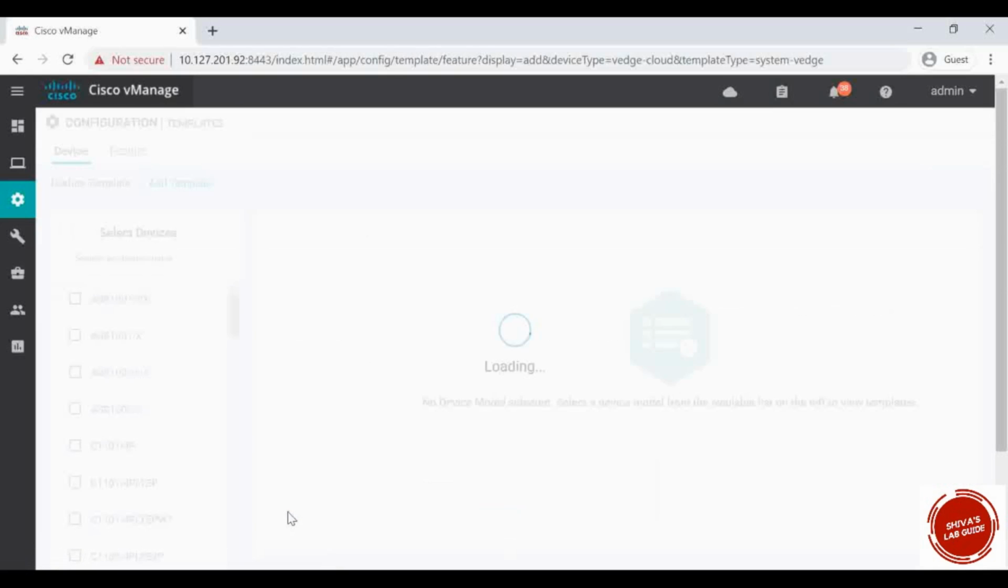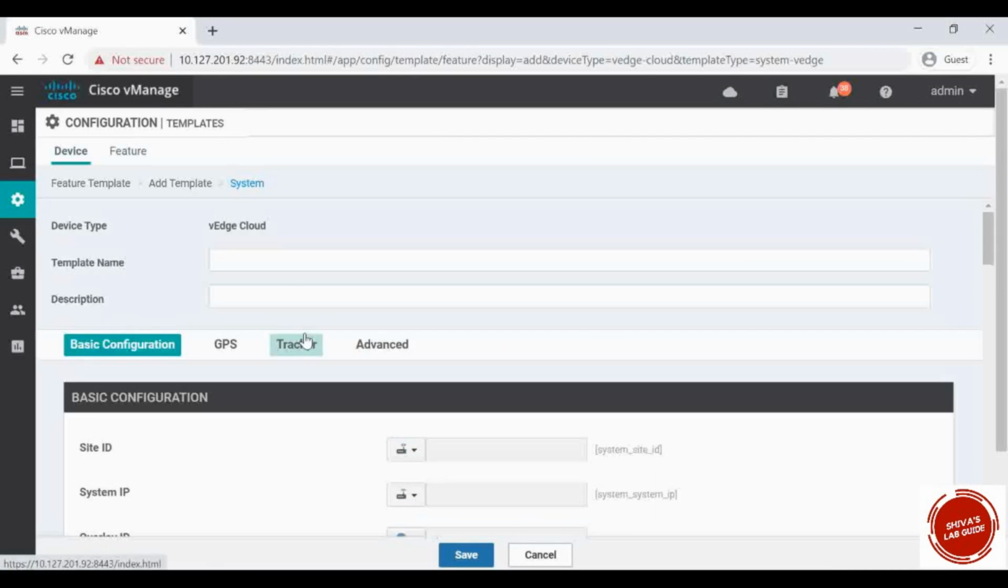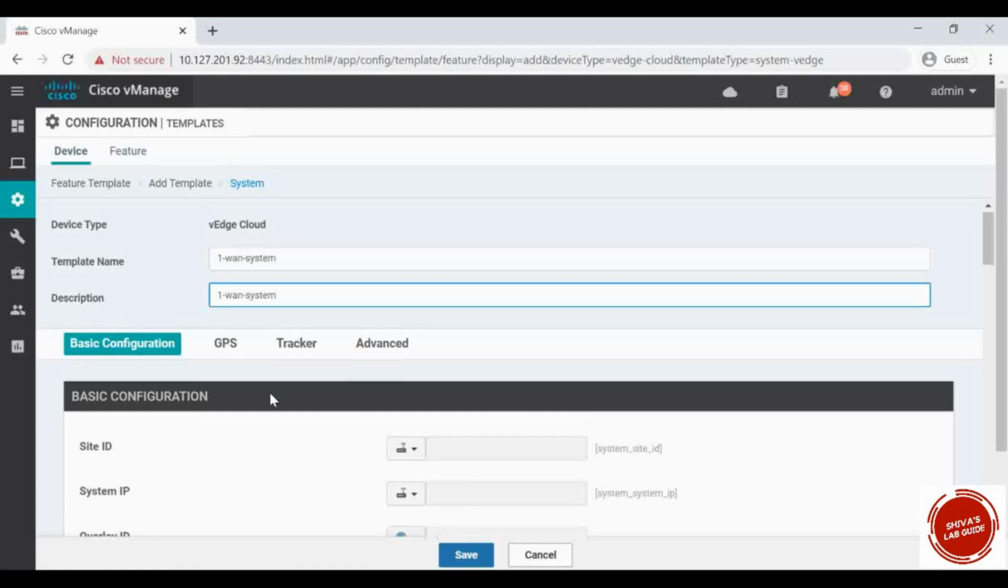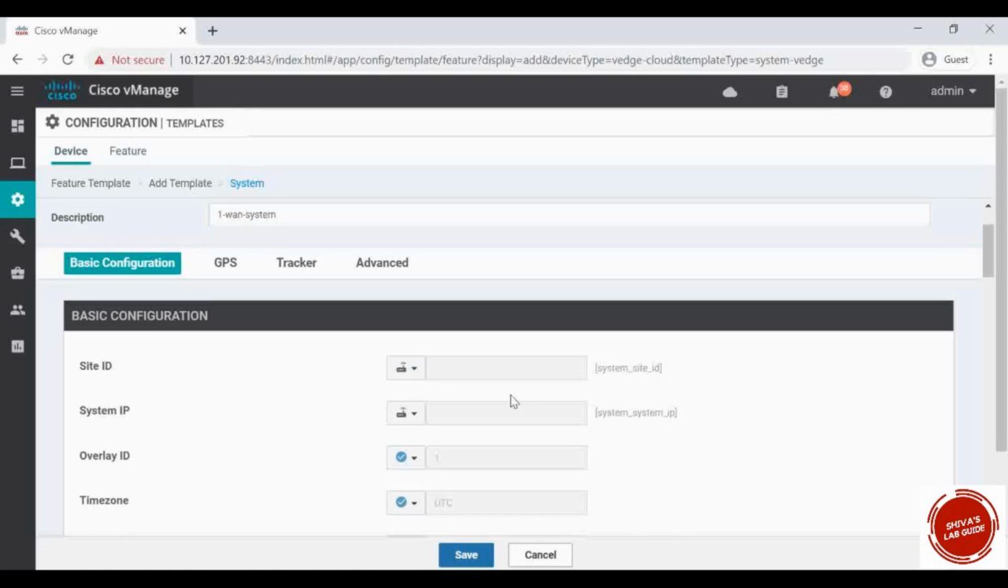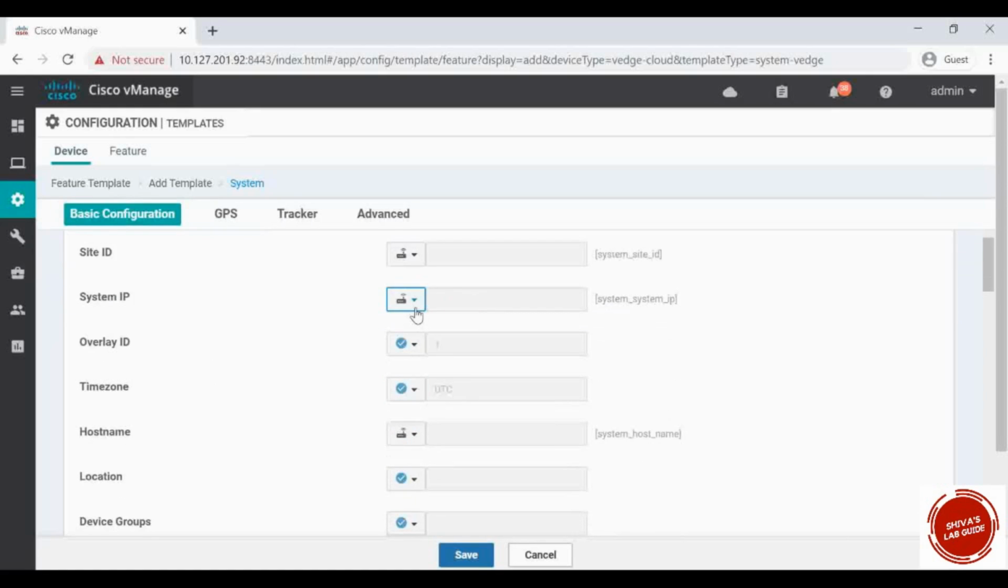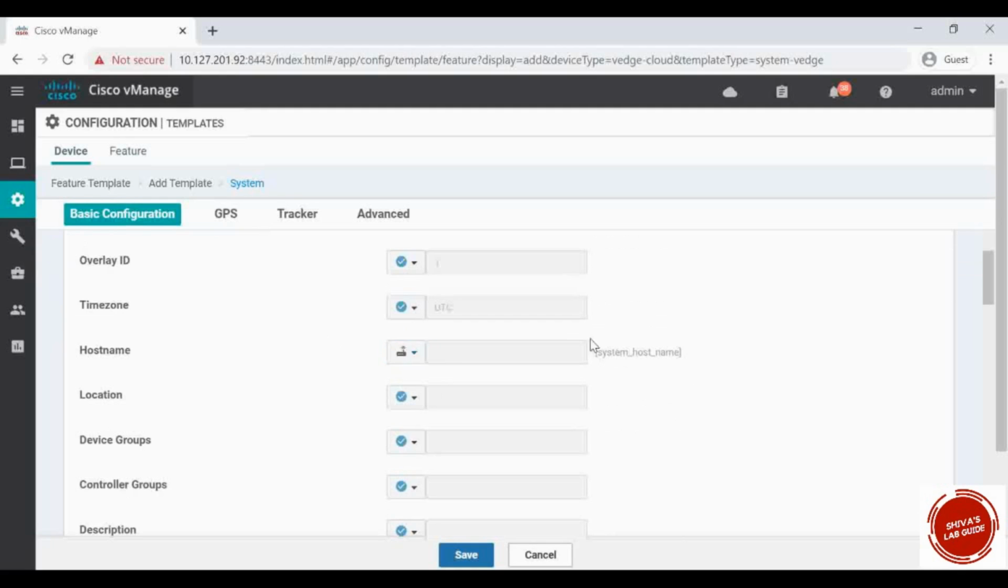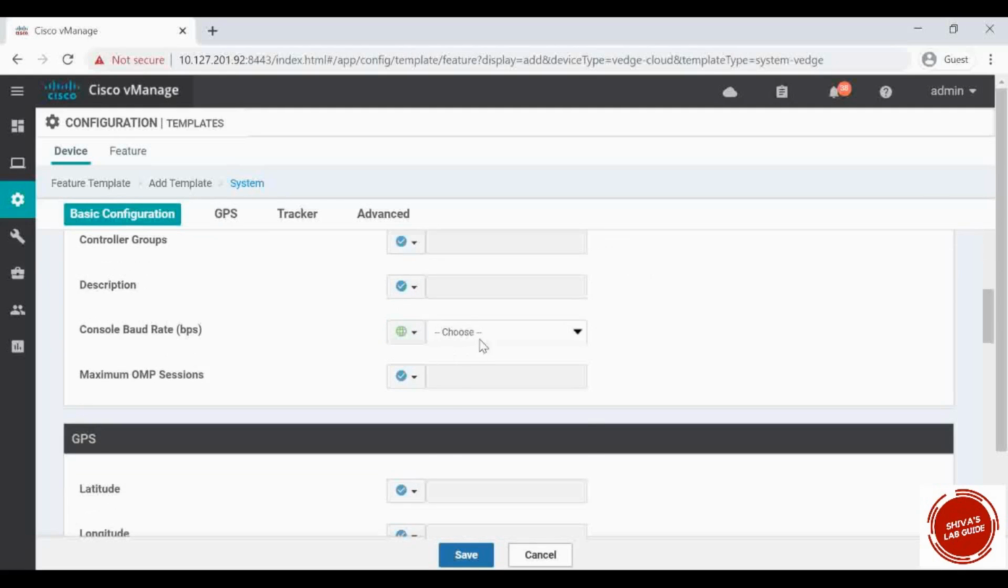I'm going to create a system template, and I name it one-WAN-system. You can see a small router symbol is given here because this is a device specific site ID. When you click the drop down, you can see a global parameter and a device specific parameter. I'm not selecting anything by default. The site ID comes under device specific, and system IP is also unique to a particular device, so it is already selected as unique. The host name, the system host name, is also device specific, and I'm going to choose a baud rate